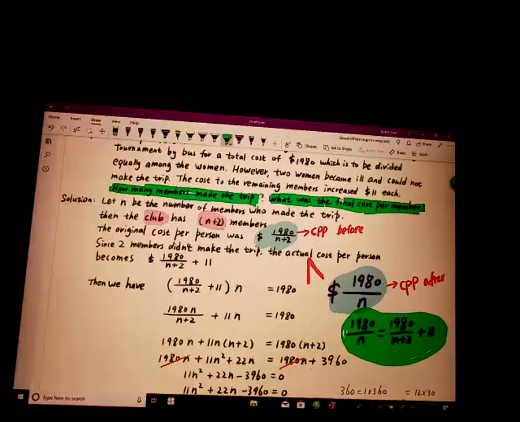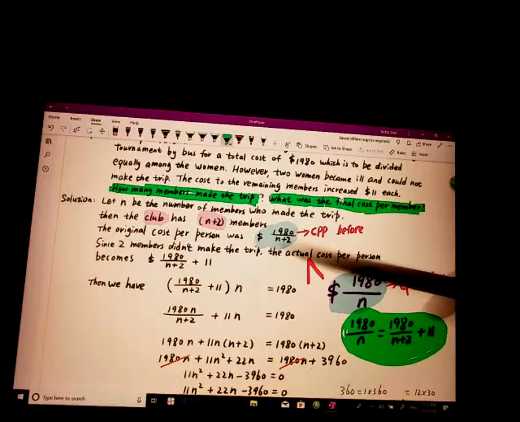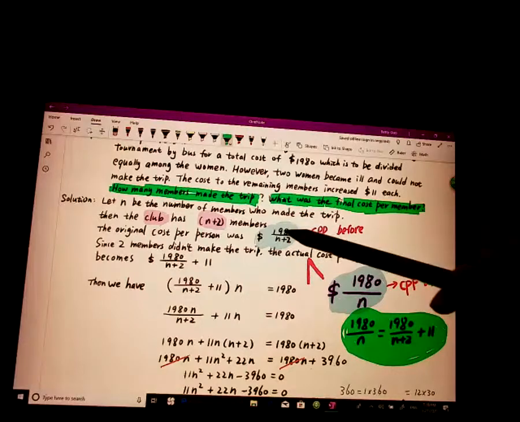It is like an apartment that costs $800 a month. If you are the only person paying the rent, then you pay $800 every month. But if you got a roommate, then cost per person would be $400. You see what I'm saying? So more people to share the cost, cost per person is smaller. So in connection between the two, this is the cost per person before, this is the cost per person after. This is bigger than that. How much bigger? $11 bigger. So that's